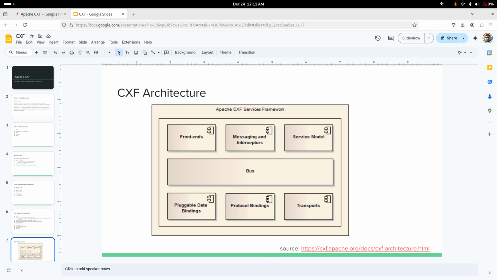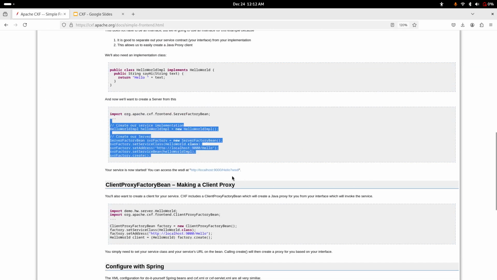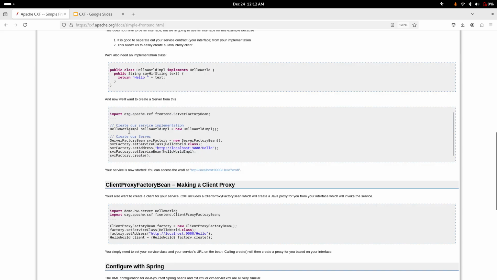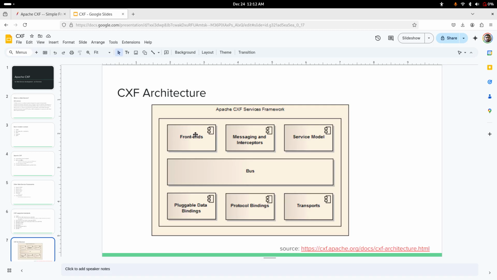And so that way, you don't really need to know the service model unless you want to do some advanced work. But you might create one of the service factories here. When it comes to a server factory bean, you create a service class and you provide those things. I don't expect you to understand what I'm talking about right now in terms of the code, but just to explain, as I mentioned, JAX-WS front end is there, and also there is a simple front end. But in either case, internally CXF uses